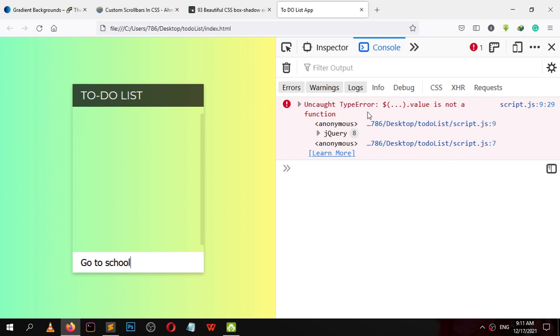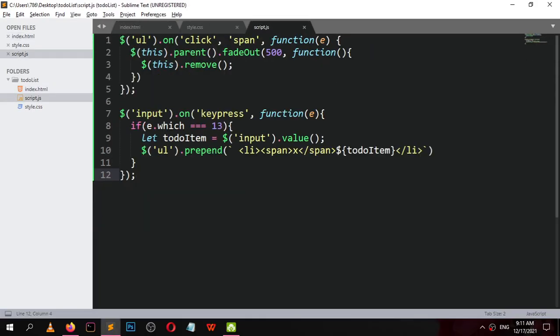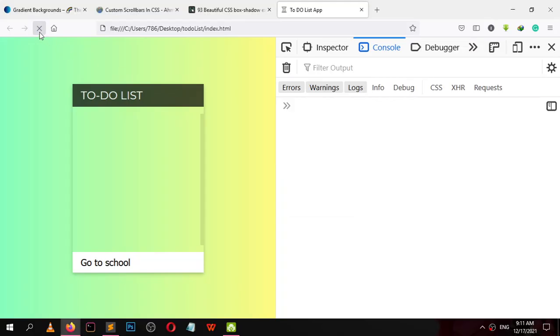Value is not a function. It is showing a type error that value is not a function, and the line for it is 9. Well, sorry, it is only val, like this. Now reload and hit enter. Now here we go. It is added.